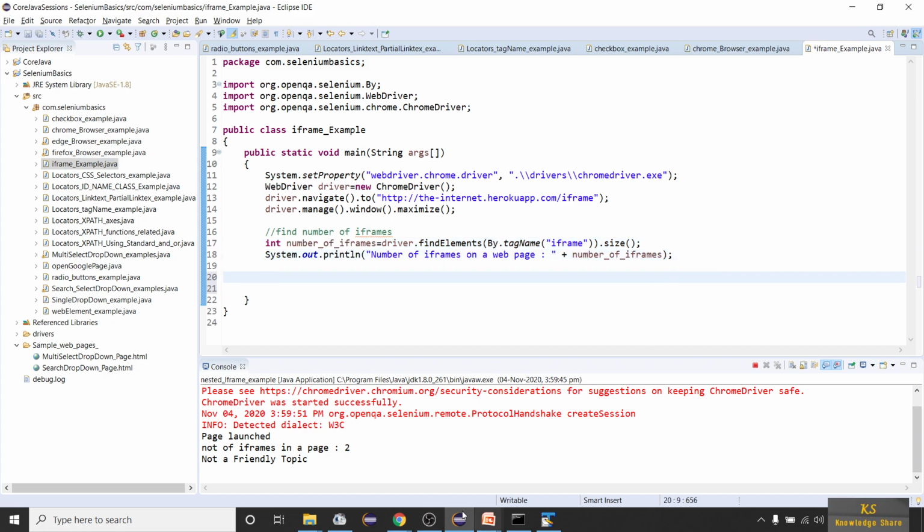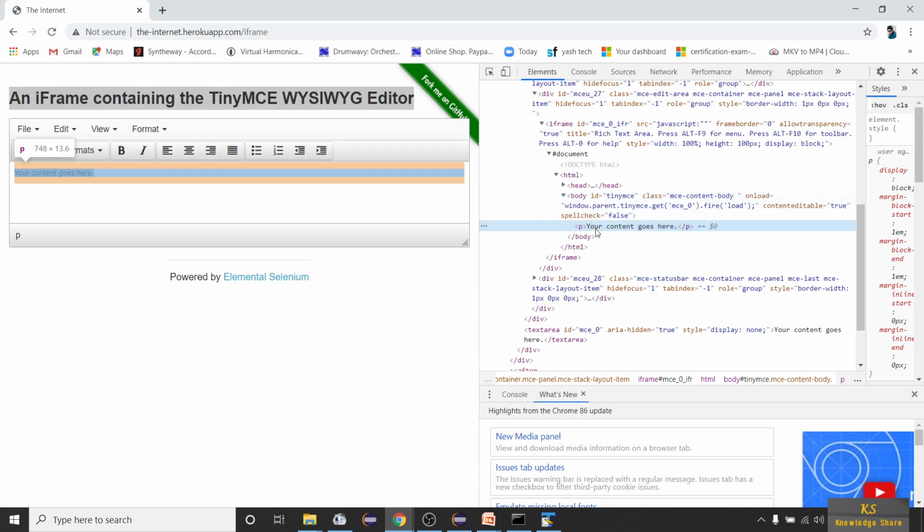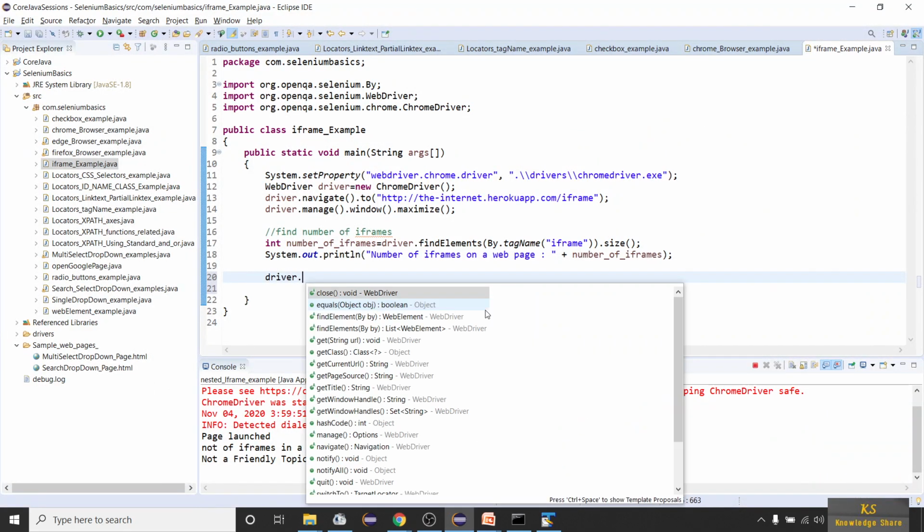Now, as we discussed, we are going to switch to the frame. If you want to access this element, you have to access it using this p tag. Let me try to get this text, so I'll say //p. How to get the text of this? You have to use getAttribute innerHTML.